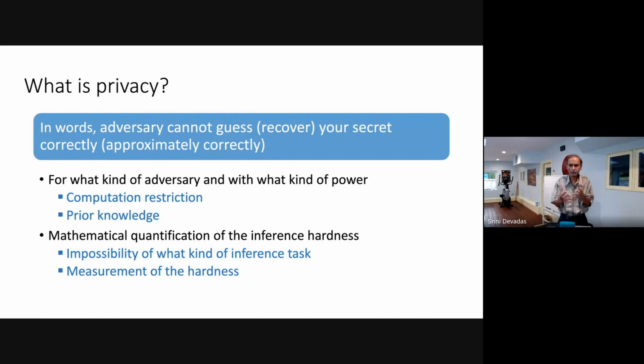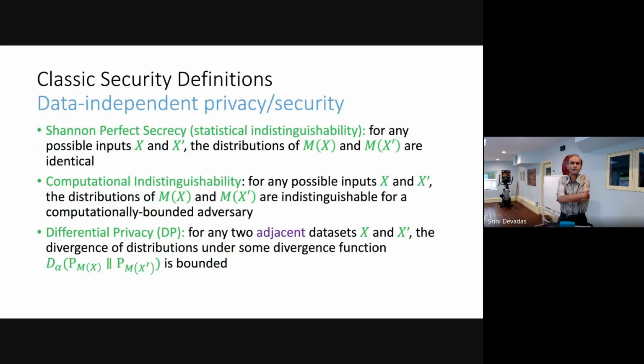How can we say something about images? Finding features is fine, or you need to get the pixels exactly right. Now, how do we measure this hardness? So those are the two questions you need to answer. And depending on how you answer these questions, there are different definitions of privacy. Right? So there are a few definitions that I want to go over just because we want to get the terminology